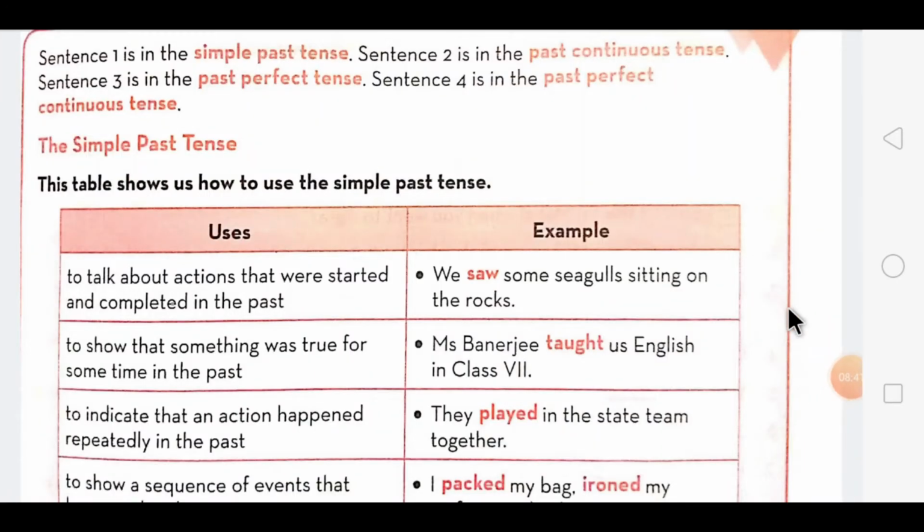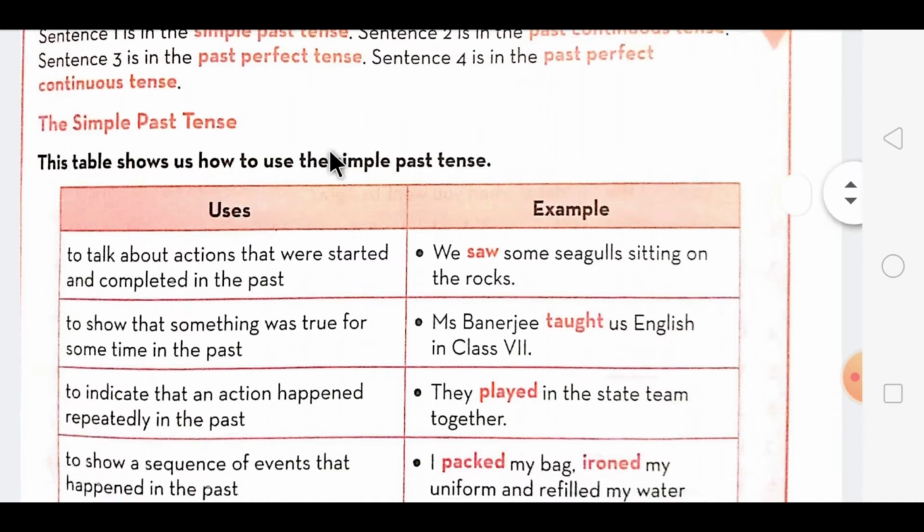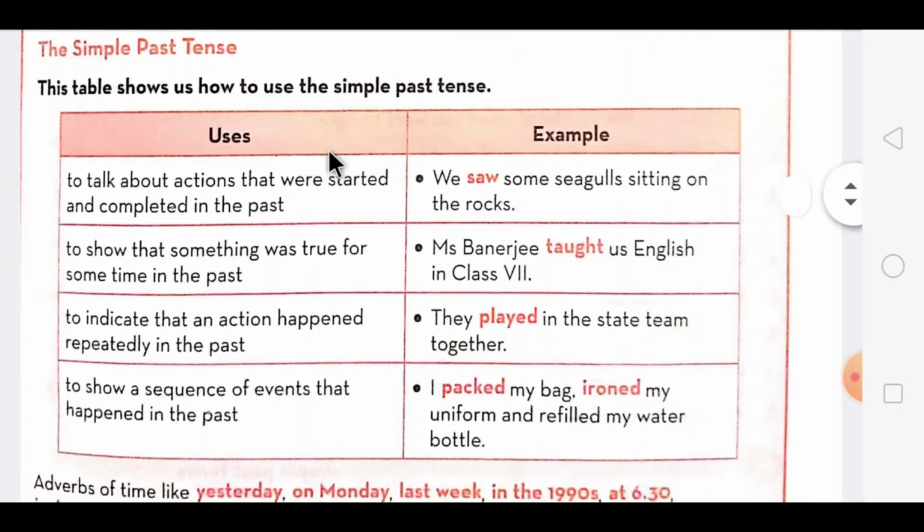So dear students, as we saw how we have to use the past simple tense and we saw the examples of all the four tenses above. Now let's move on to this table. In this it has been given the uses when we use simple past tense with their examples over here. So first of all, we use simple past tense to talk about actions that were started and completed in the past,